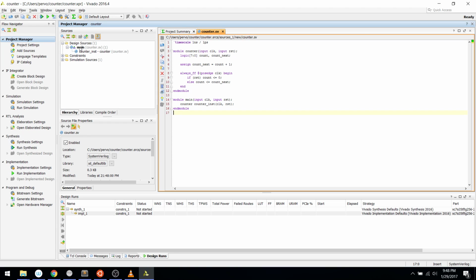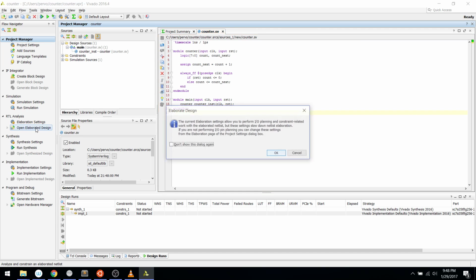So you can see you saw it reorganize itself up here. It correctly infers that main is the top level module for the design. I'm already going to tell you that there's a bug here. But let's see what happens. So the first thing you do